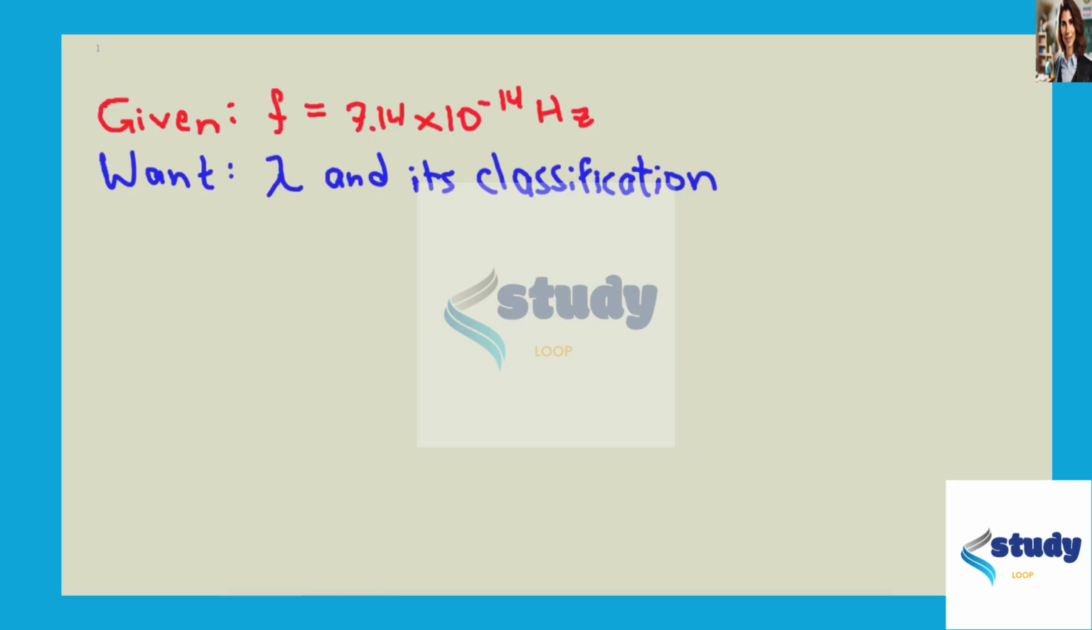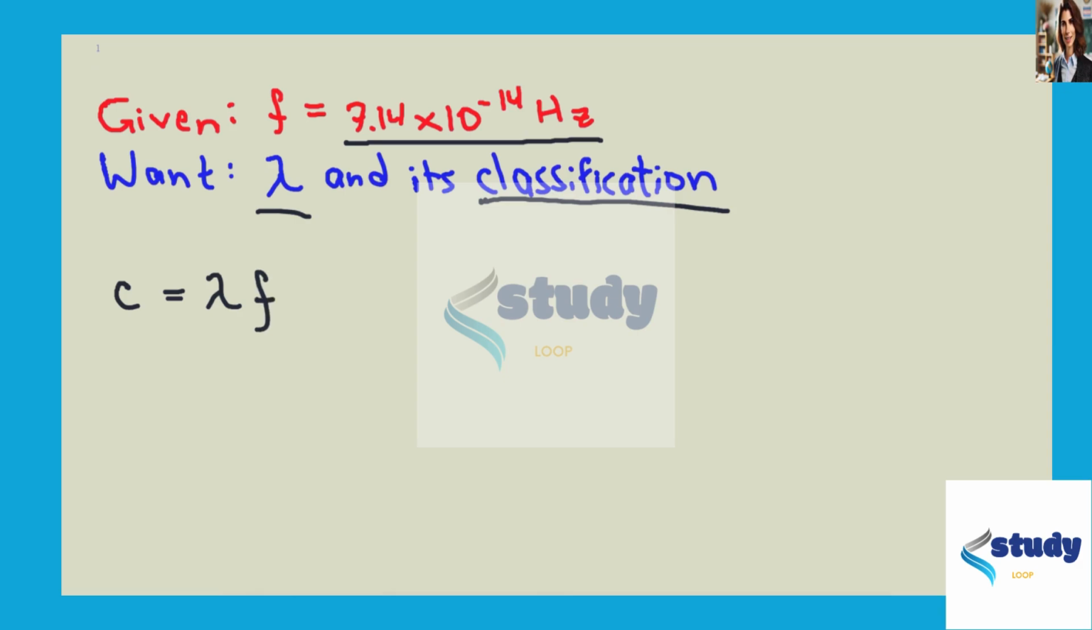In this problem, we have an electromagnetic wave of frequency 7.14 times 10 to the power of negative 14 hertz. And what we want to know is what is the corresponding wavelength of this electromagnetic wave and how is it classified based on that wavelength. So the equation we should use is speed of light c is equal to the wavelength lambda times the frequency